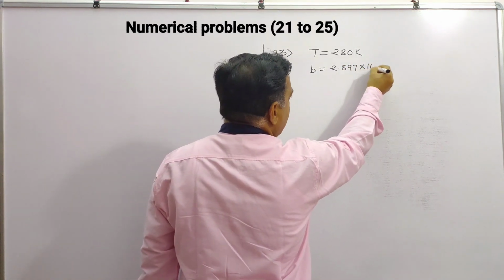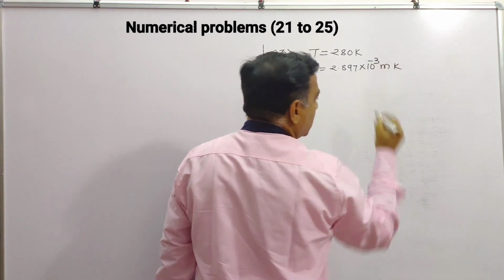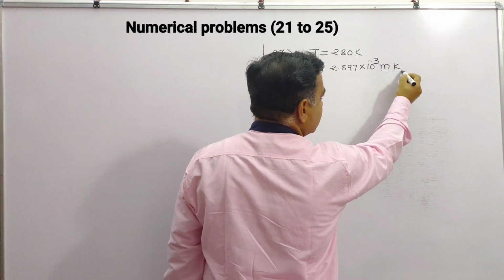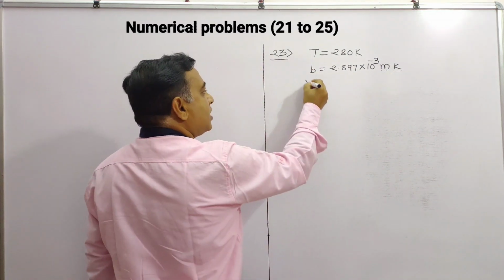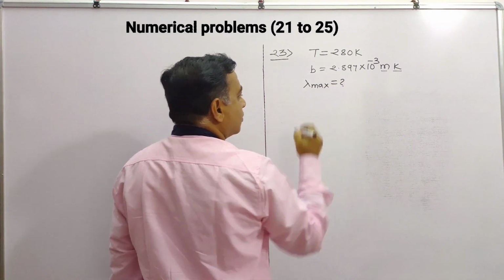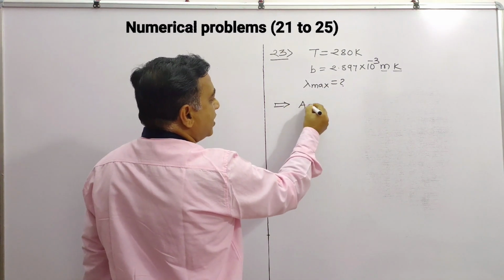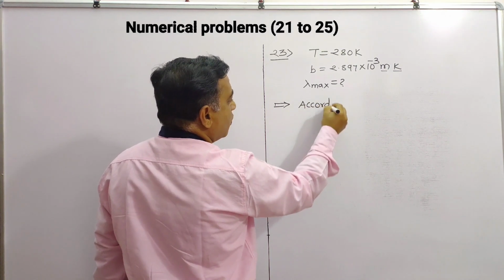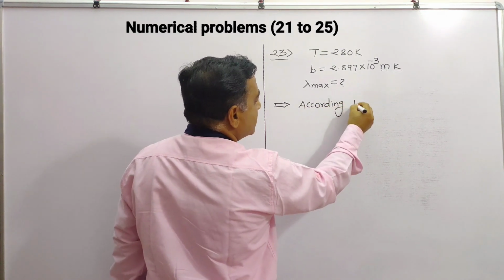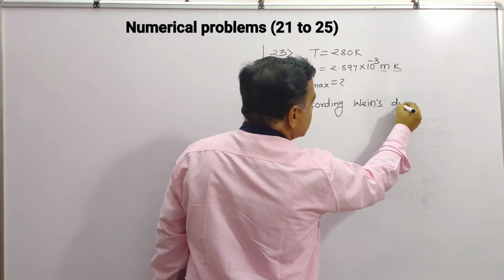2.897 into 10 raised to power minus 3 meter Kelvin. Okay, this is meter and this is Kelvin. So we need to calculate the maximum wavelength and draw the conclusion on the basis of that one. So according to Wien's displacement law,